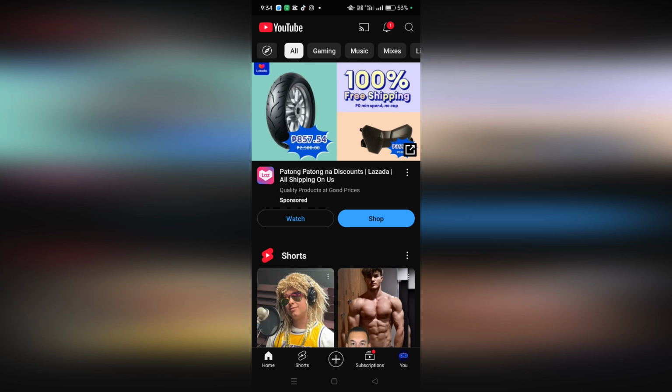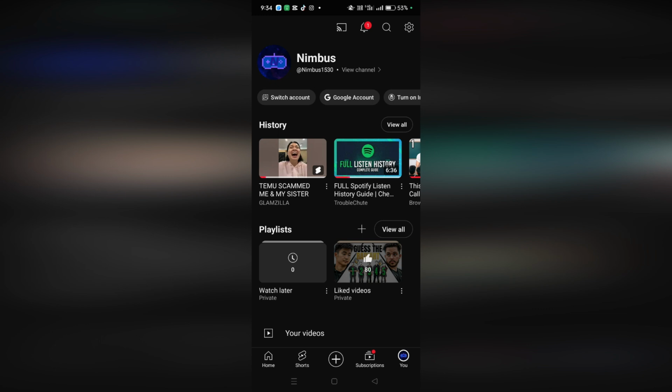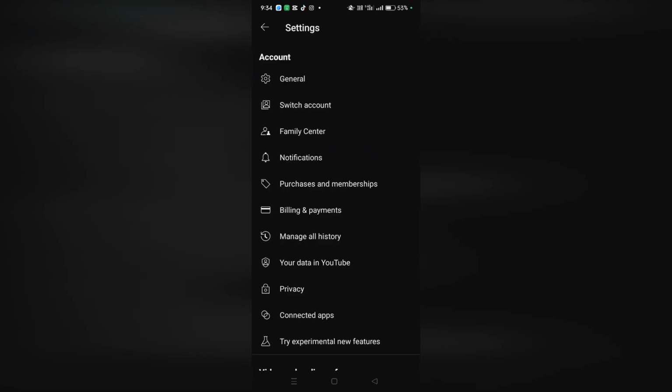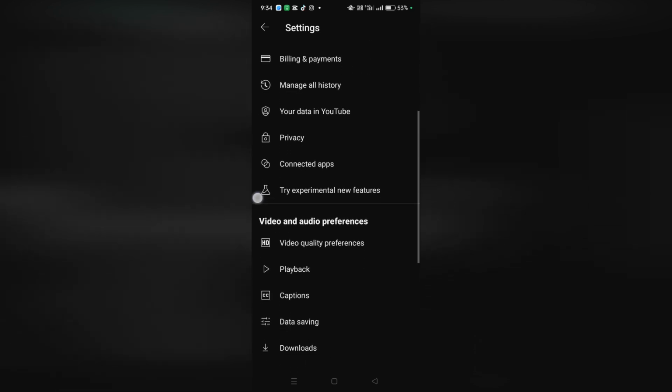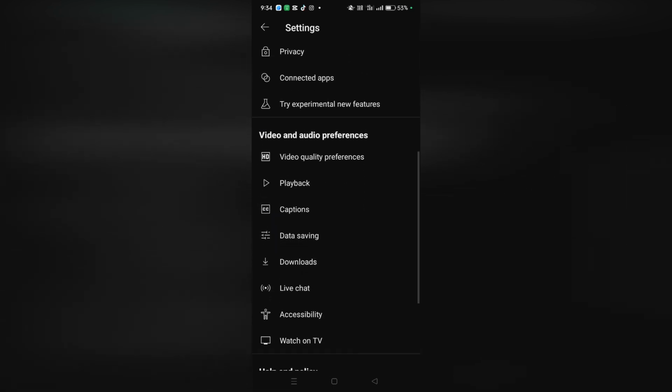First thing you need to do is open up your YouTube, and once you are here on your YouTube, click on your profile on the bottom right, and once you're here, on the top right you will see a settings icon. Click on that. After clicking on that, just scroll down to video and audio preference, and once you're here,